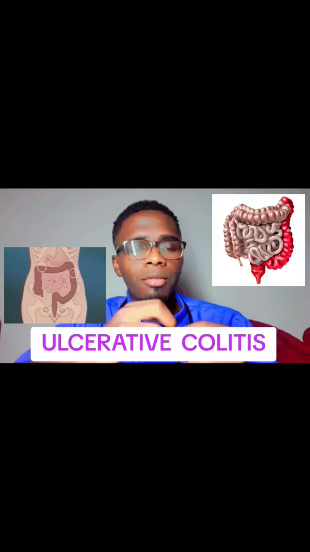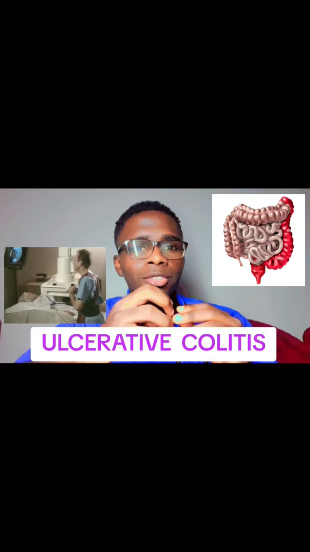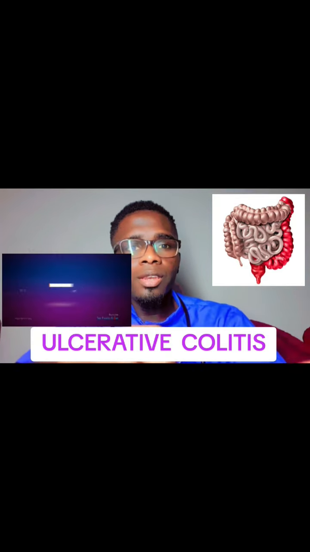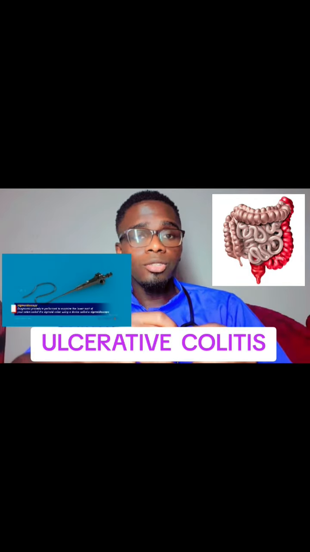So we can also talk about barium enema. So here barium preparation is inserted through a rectal tube. So this tube coats the entire colon. Then X-rays of the colon are taken. Number two, flexible sigmoidoscopy. So if you have lower abdomen